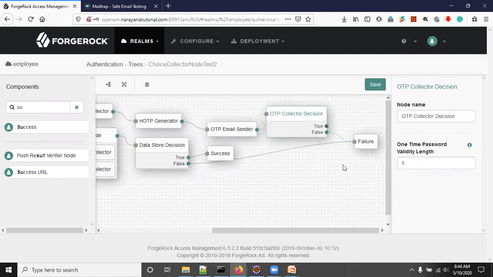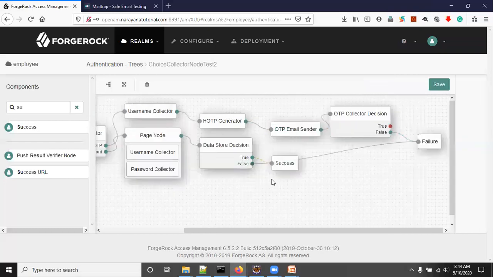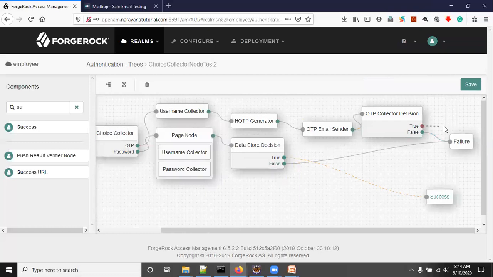Whenever it is showing red, it means that it is not pointing to any node. We have already pointed false to failure. If the OTP is correct and validation is successful, then true has to go to the success node. Here it is, the success node. So you can drag true to success. Now click on save.